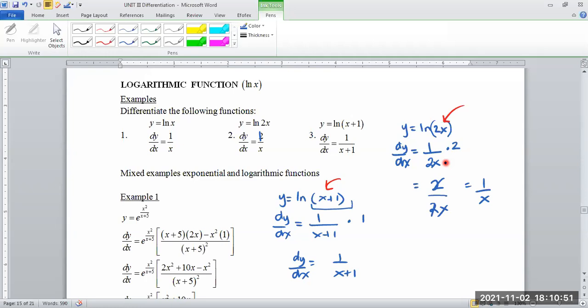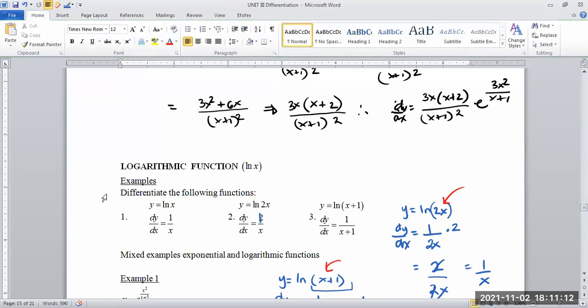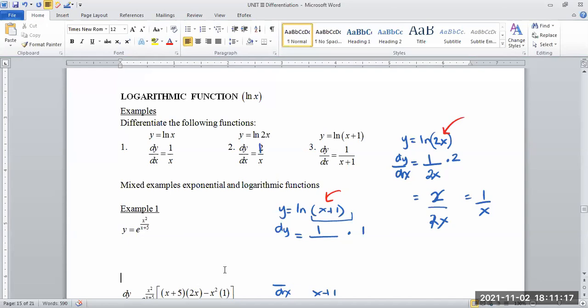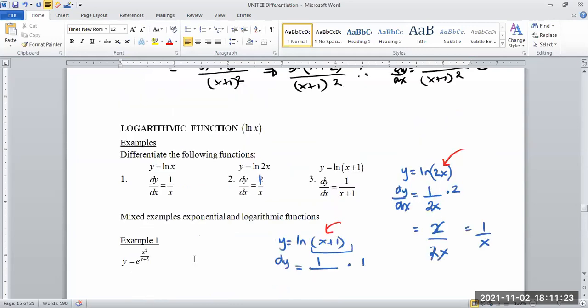Now, what I want you to do for me, I don't want you to see the solution to this question, because it looks very similar to what we did earlier. I want to make sure that you guys grasp what I was talking about. As such, I want to see you guys try for me. I want you to try this differentiation, please. Differentiate y equals e to the x squared over x plus 5.